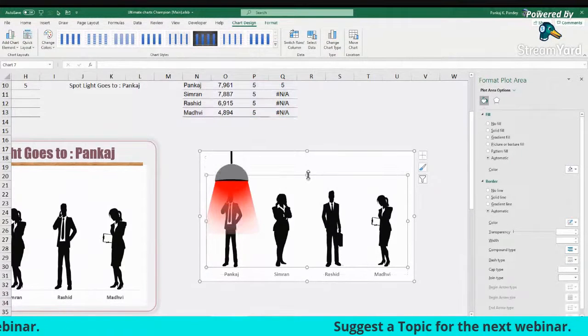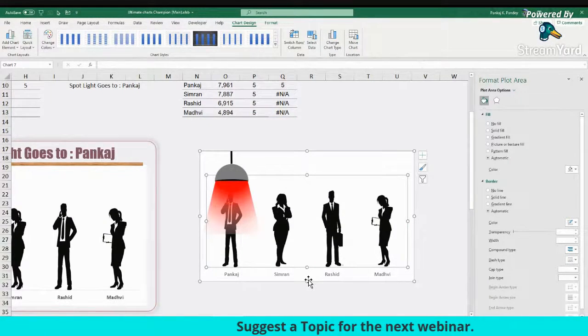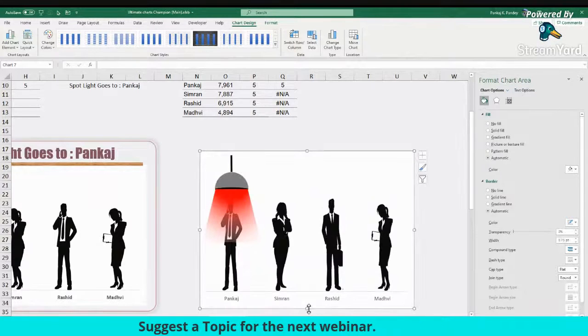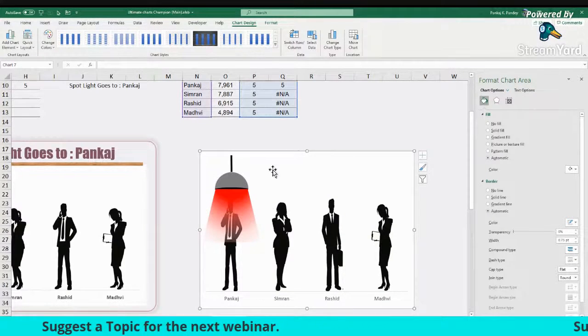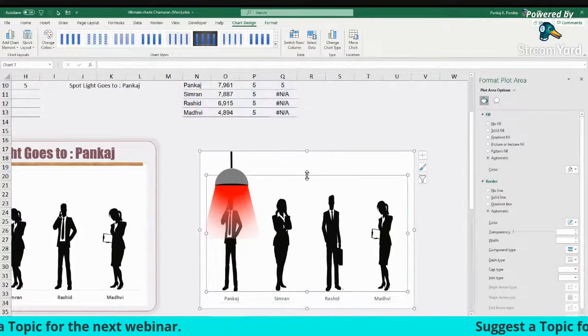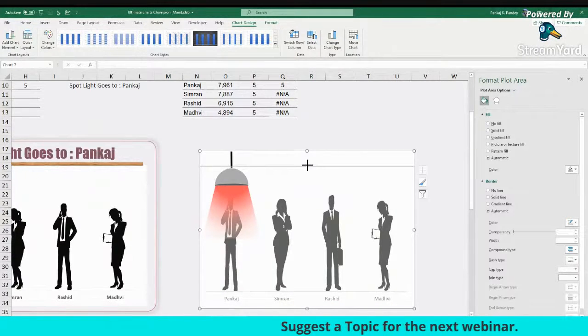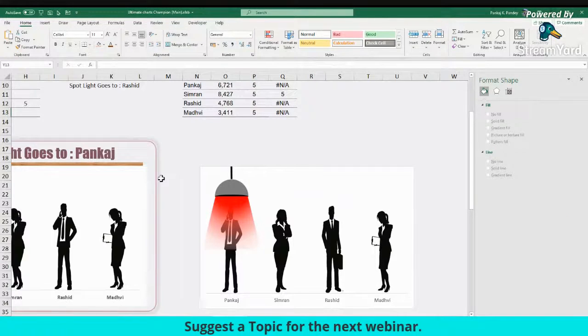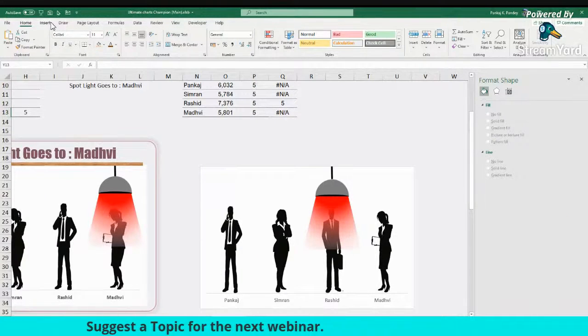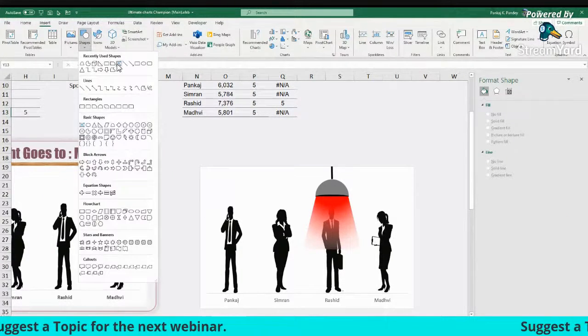So the plot area I'll reduce so I can see this visibility. I'll just go ahead like this and done. Plot area is something I'll have to adjust. Done. And the chart area, reduce it to this. Done. Looking perfect. The last thing which I will do, I'll insert one square here